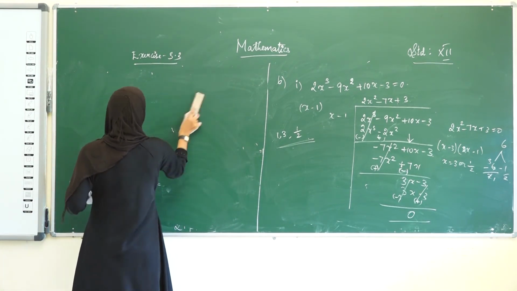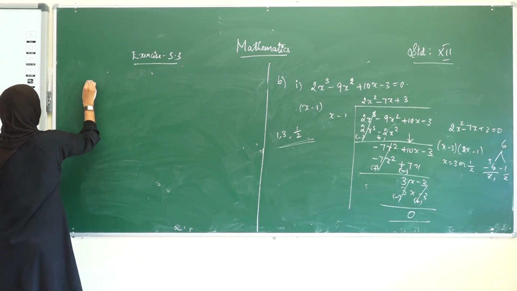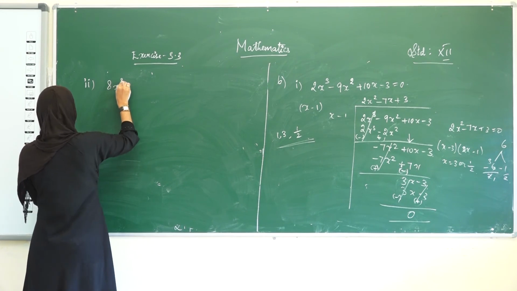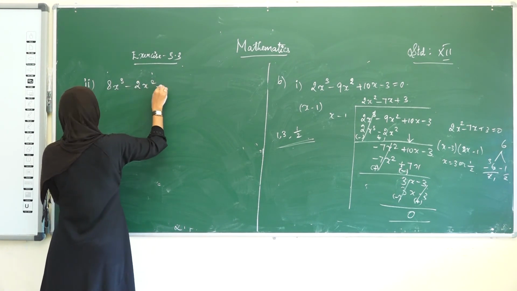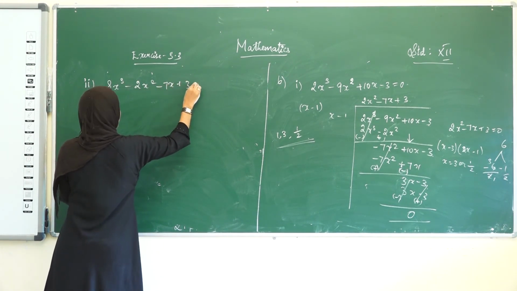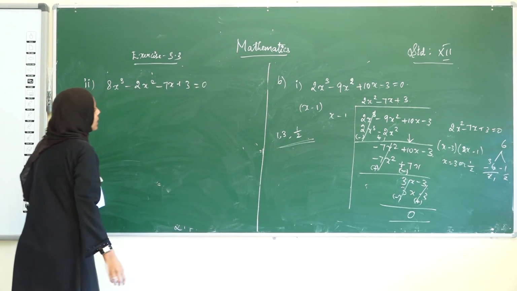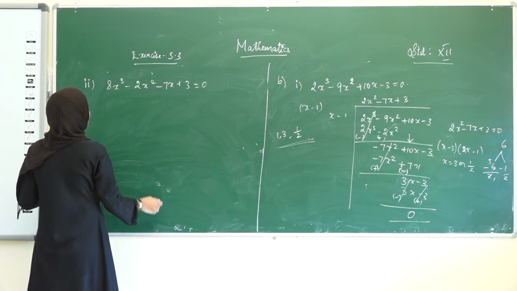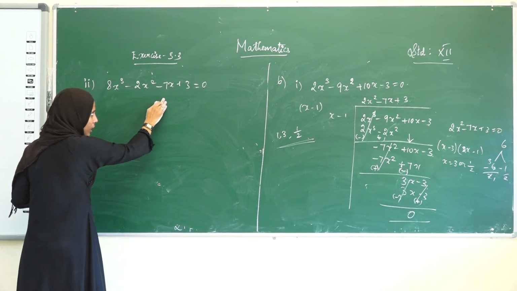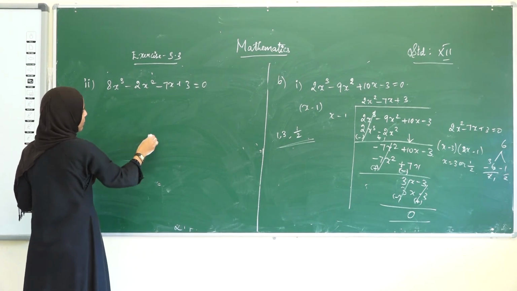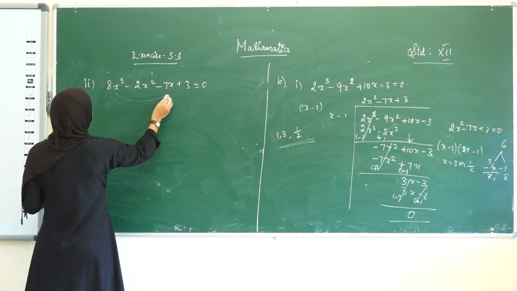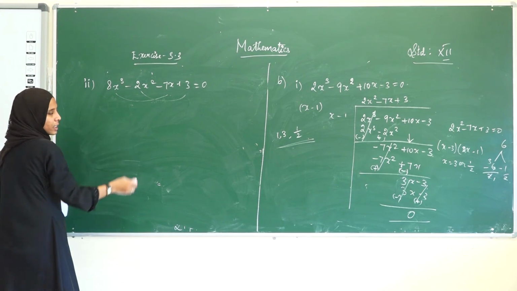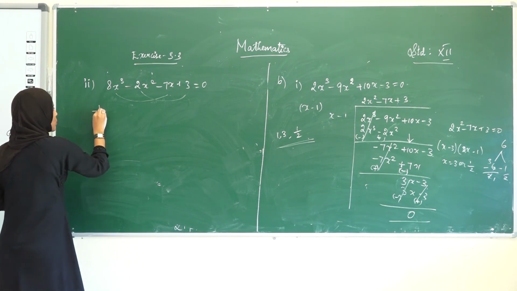So in this video, now I am going to give you two questions as assignments. Second subdivision, 8x cube minus 2x square minus 7x plus 3 is equal to 0. I will give you some hint. See, when adding all these coefficients, we don't get 0. So, add the coefficients of odd powers and the even powers. See here, we get 1, and adding this, we get 1. Therefore, if we get like this, we can take minus 1 as one of its roots.